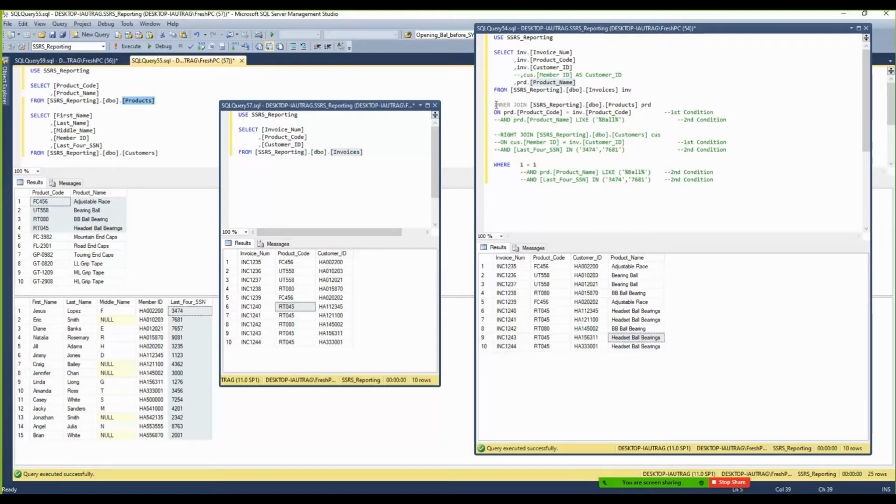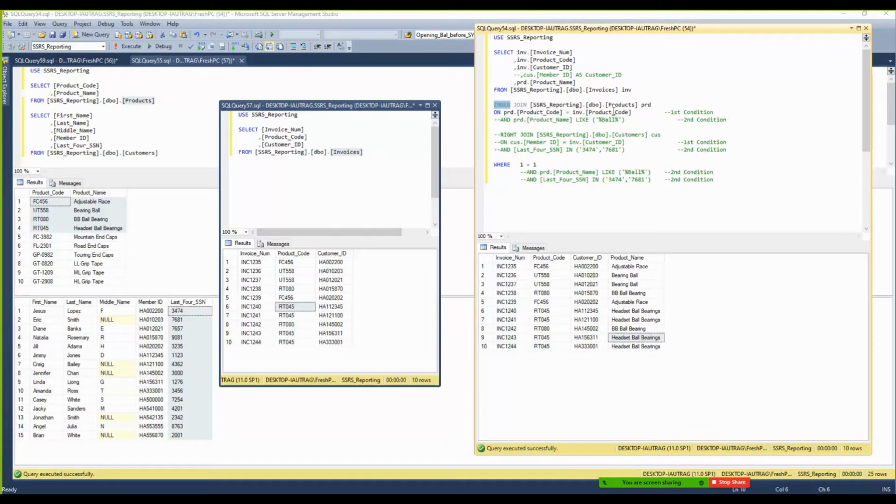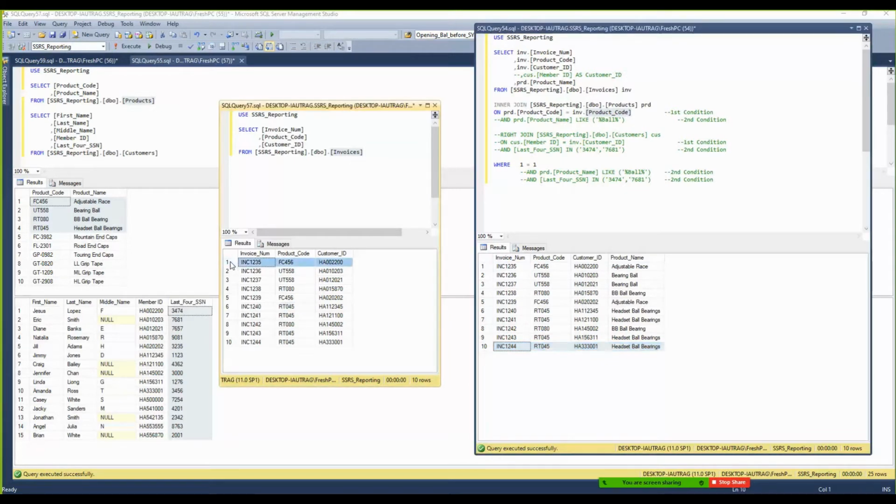Earlier, we learned about left join. Inner join, here I just want to show you the comparison. So the joining using the product code right here, we still have 10 records. The reason is, take a look at the invoice table. We have 10 records, correct? So out of these 10 records, we have distinct customer IDs. These customers